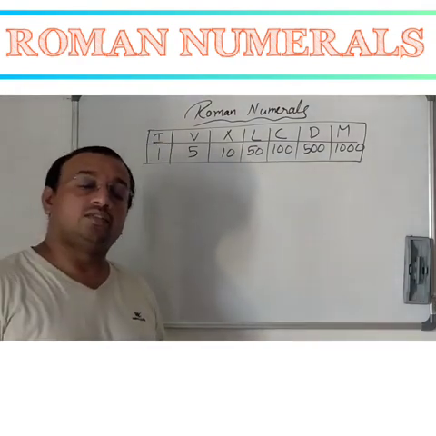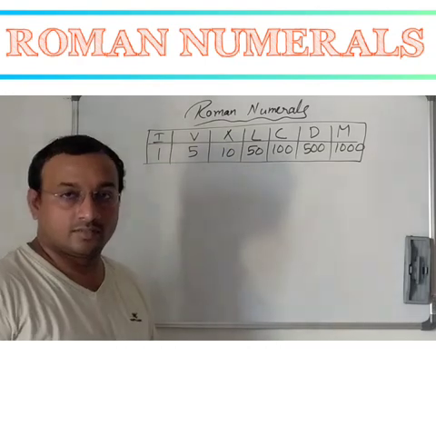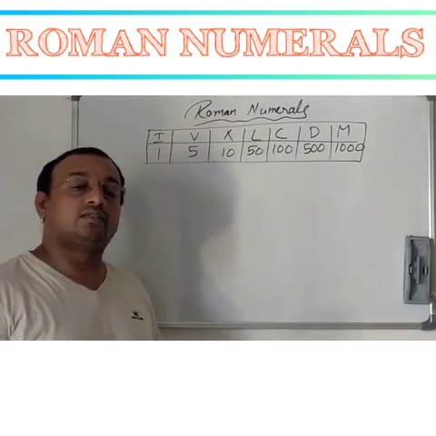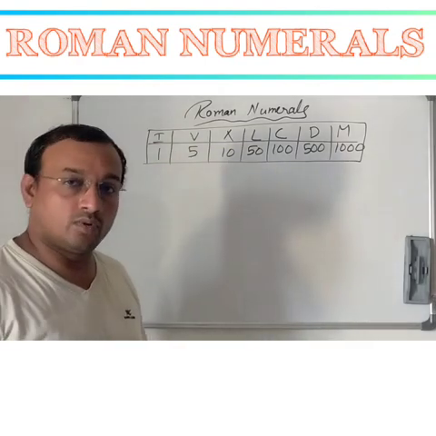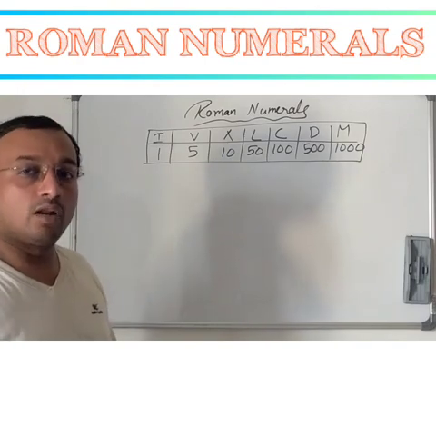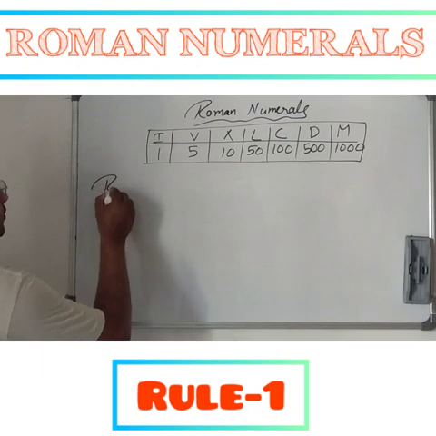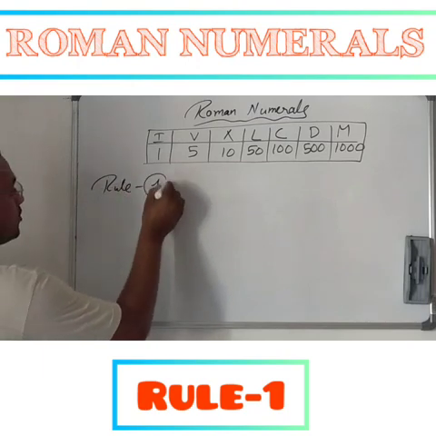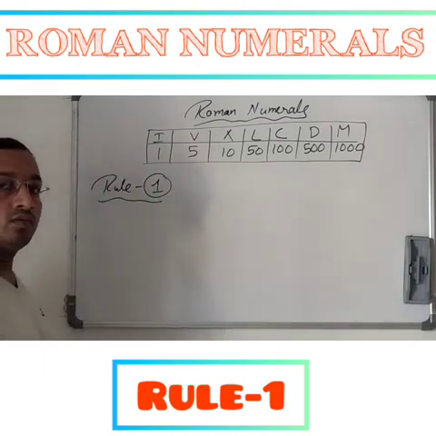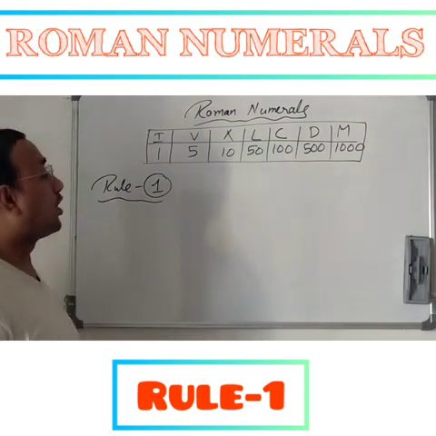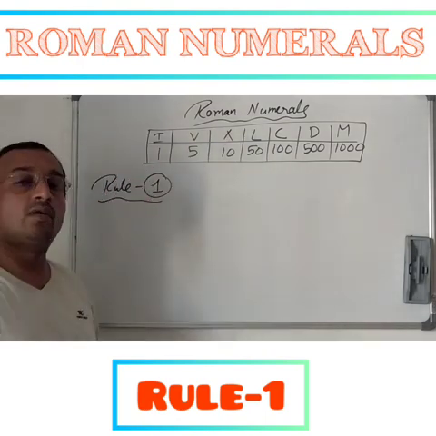Okay friends, we see these most often and we use them. Now let us discuss the rules for writing these Roman numerals into our Hindu Arabic numerals. We have simple rules. So let us go with rule 1. This rule 1 says that Roman numerals can be repeated a maximum of 3 times,